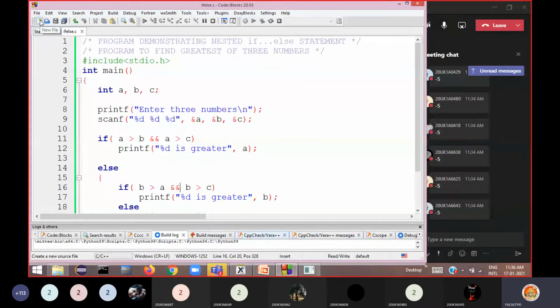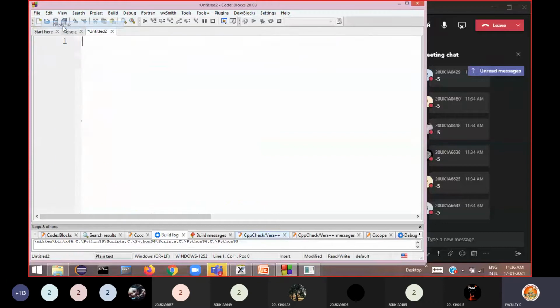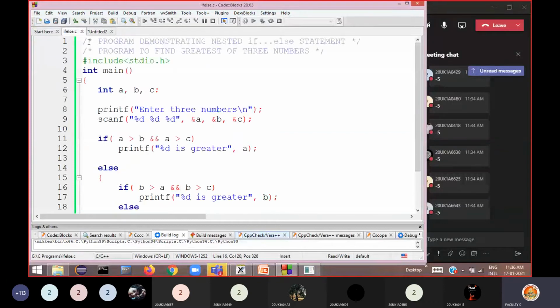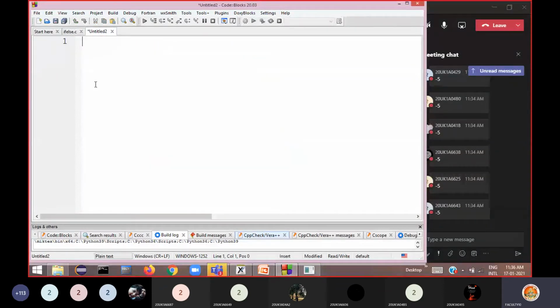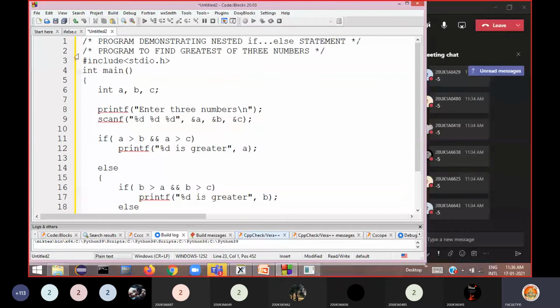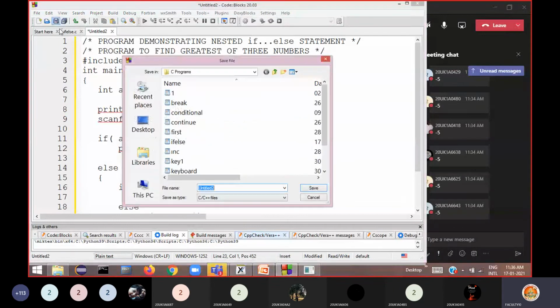So I take another file here, and modify this program. I save this program as great3.c, greatest of three numbers.